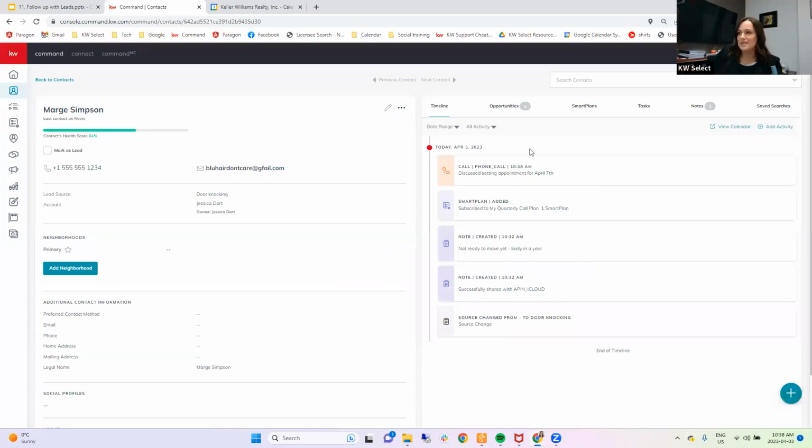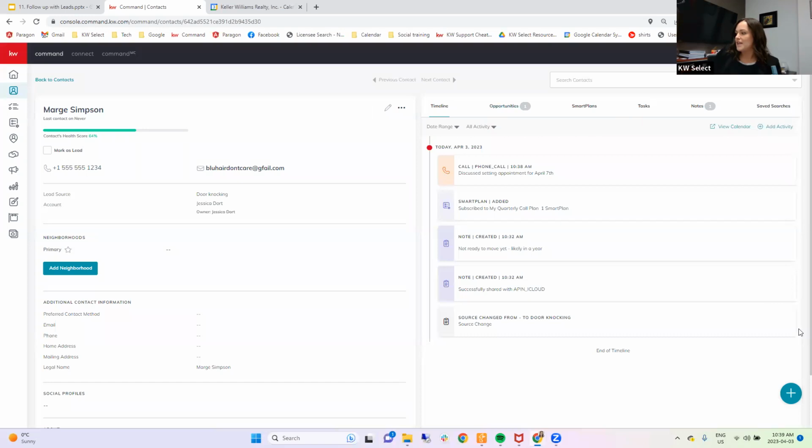And not to get too deep into the Command side of it, but if you are setting goals in Command, you have the ability to set what your income goals are and your appointment goals. This is going to track your activities towards that, so how many calls you're making, all those types of things. This is where that comes from. So if you are setting those goals, you'll want to make sure you're logging these calls. And if you do have the Command mobile app, if you call the person right from the app, as soon as you hang up, it prompts you to log the call. So just an efficiency thing you can do.